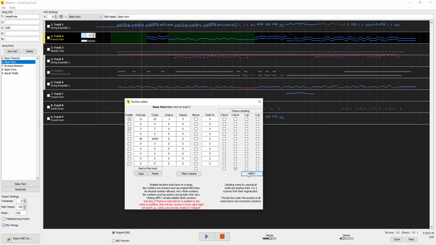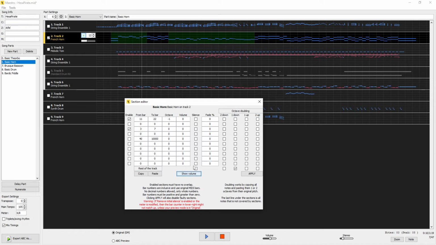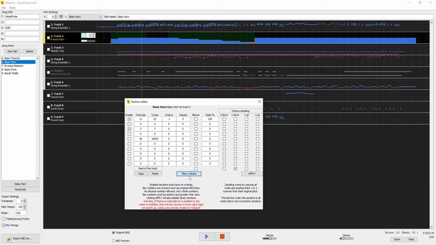You can do something else also. So let's look at the volume for this track. We can do a fade in. So let's say 100% fade. That's a full fade. Apply, show volume,